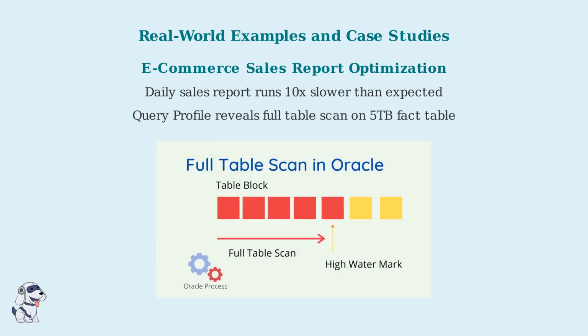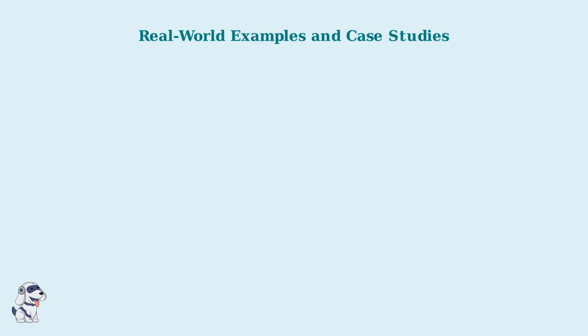Let's examine real-world examples that demonstrate the power of Snowflake Query Profile analysis. An e-commerce company struggled with a daily sales report running 10 times slower than expected. The profile revealed a full table scan on a 5 terabyte fact table caused by a missing clustering key on the date column. Before optimization, the query took 20 minutes to execute. By identifying this bottleneck through the profile, the team added a clustering key, dramatically improving performance. This optimization reduced execution time from 20 minutes to just 2 minutes, achieving a 90% performance improvement and significant cost